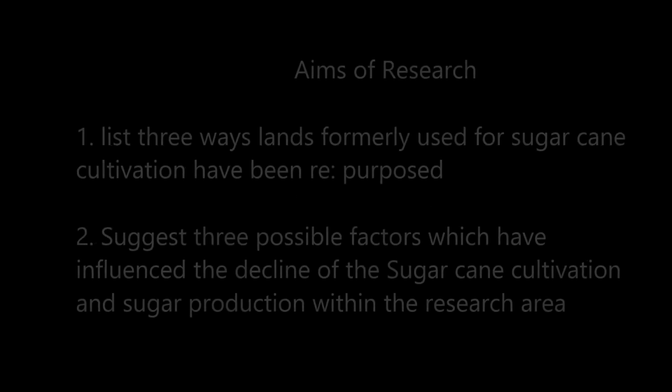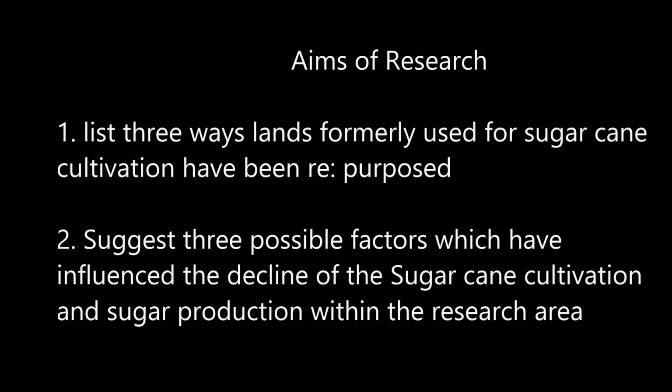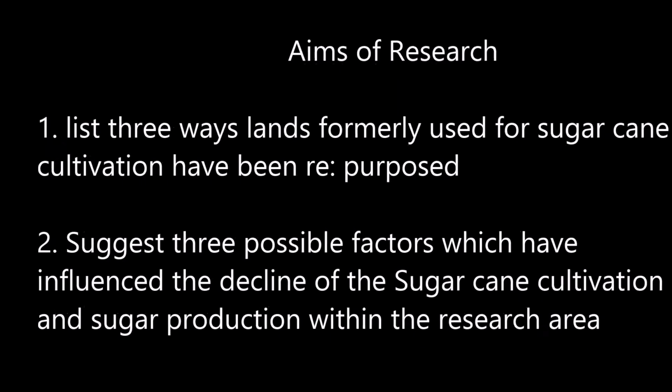Okay, so for today's topic, it's geography, and we are looking at agriculture. Now, agriculture is a topic that has a huge amount of content, and I have done two presentations on agriculture in the Caribbean. Today, we're talking about agriculture in Jamaica per se,